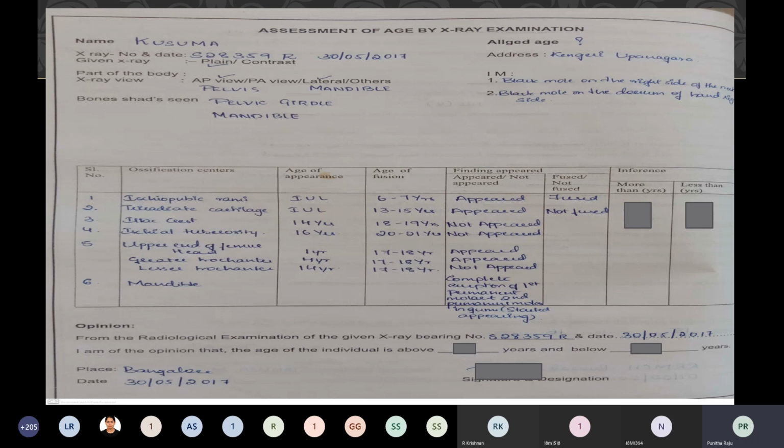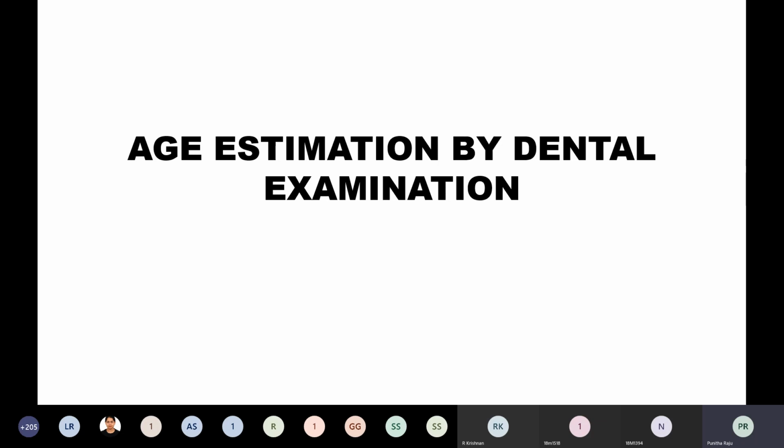Next I will go to the dental examination. I think the mandible part is already told to you: when do the temporary teeth erupt, when do the permanent teeth erupt, all that. In your practicals, you will have three major exercises. One is examination of the bone and the other is interpretation of X-ray, and these two carry 5 marks each. Bone will have 5 marks, X-rays will have 5 marks, and most important is the dental examination, which will have around 10 marks.